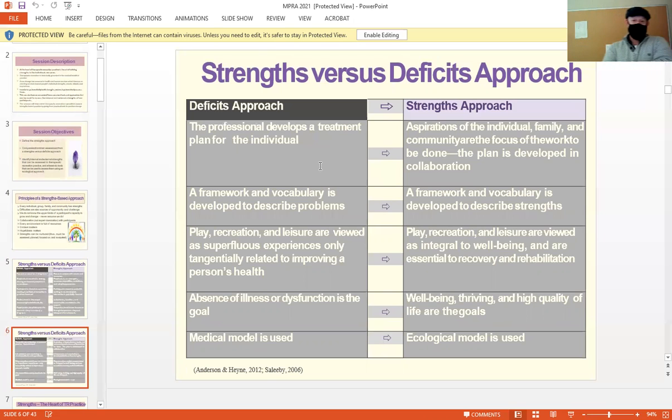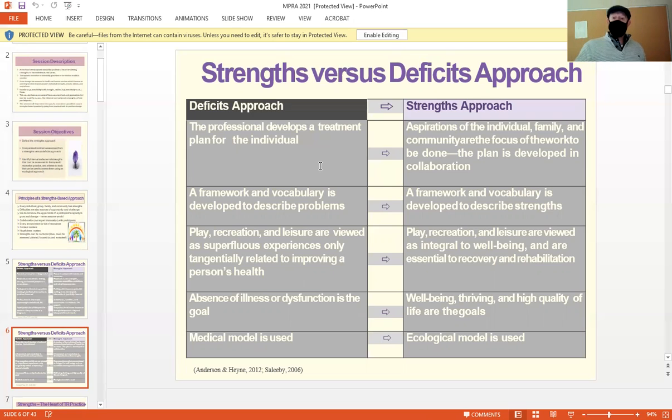Next one. A framework and vocabulary is developed to describe problems. In the strengths approach, you pull up the same thing and you use that to describe strengths. In the deficits approach, play, recreation, and leisure are viewed as superfluous experiences only tangentially related to improving a person's health. Basically saying that they are what? Not important, not necessary, right? If you're in here and you believe that, I hope that you change your mind because